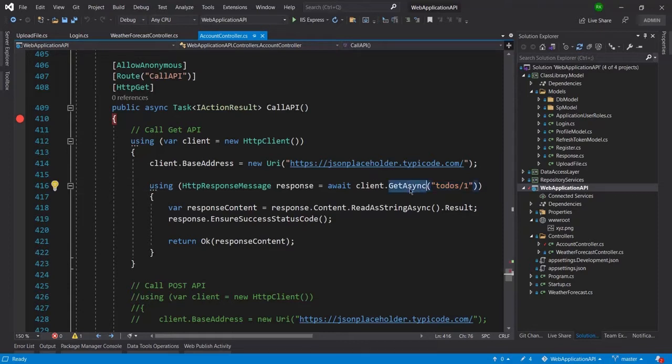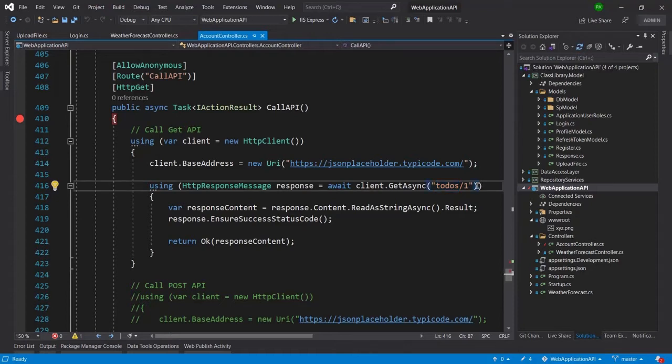Okay, so you can see I have just created the HTTP client which is named client, and inside that client I am accessing the get method with an asynchronous command, and here I have passed the client base address, this one, and this is the additional address or the actual address that I am going to call to get the result.